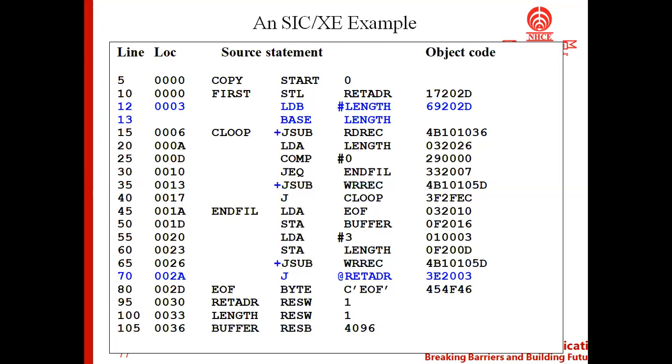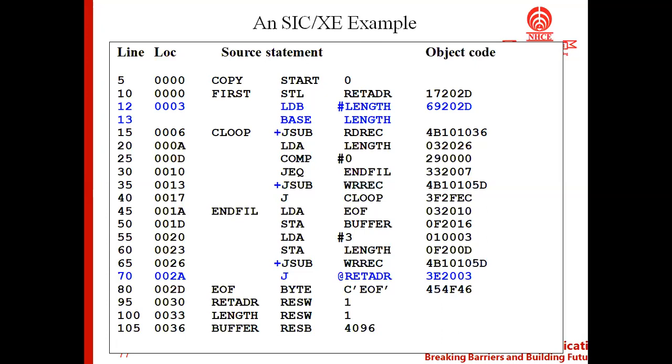And format 2 has an opcode and only registers, but here we don't find any registers. We have only the memory, that's nothing but RETADR. Since we don't find any register here, we can say that it is not following format 2 either.